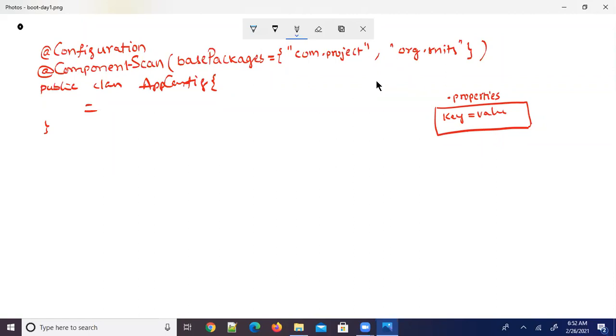We are externalizing the configuration properties of an application into a properties file. Of course, you can define one or multiple properties files, not only a single one.